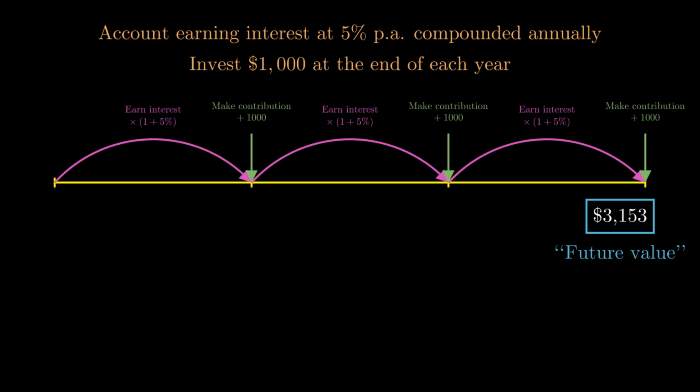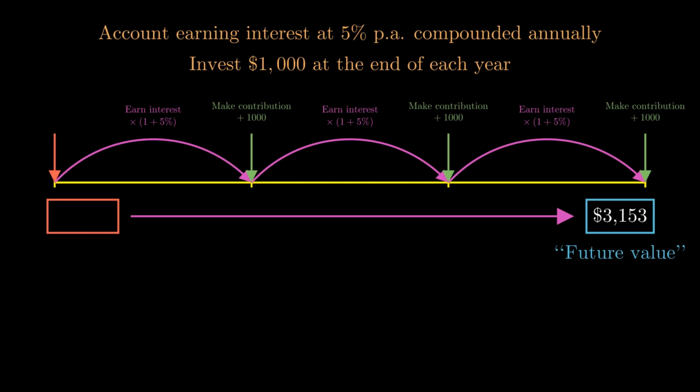One where we are not pumping in the green $1,000 every year, but where we invest one single amount. Some amount that lives in this red box here at the very beginning of the story, so before any time has passed. And we insist that in 3 years, by normal compound interest, without any extra contribution, so now we're no longer pumping in that $1,000 every year, purely by stock standard usual compound interest, we want to arrive at that same future value of